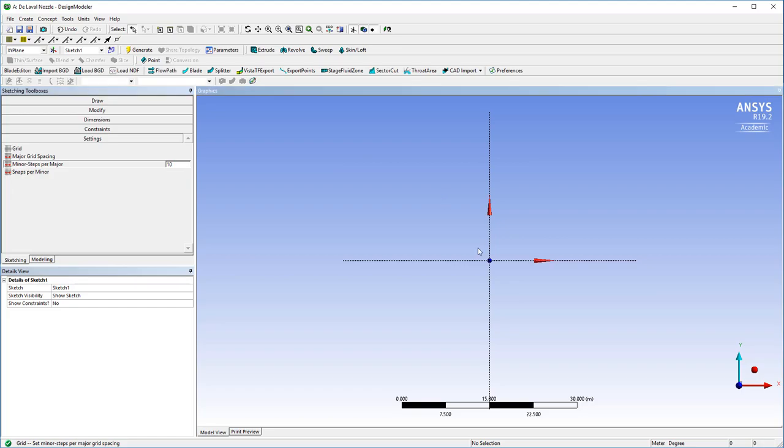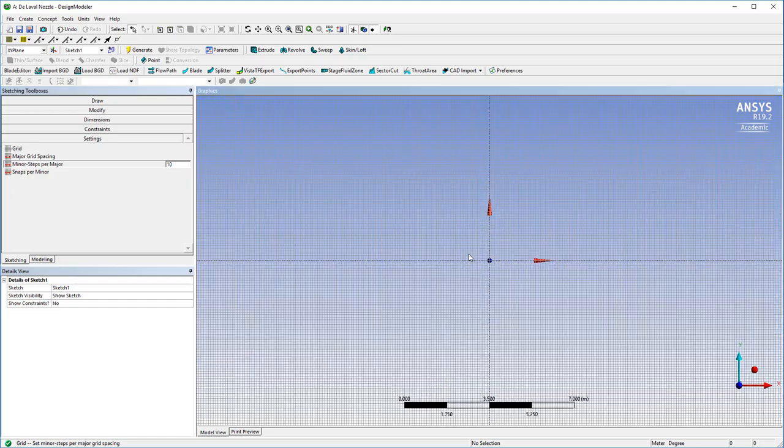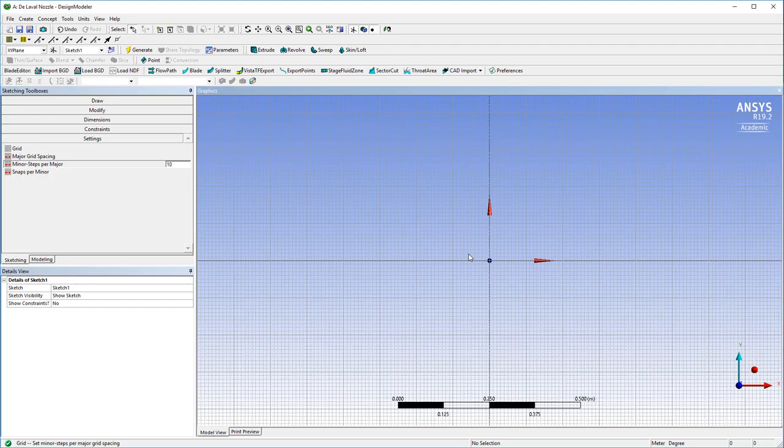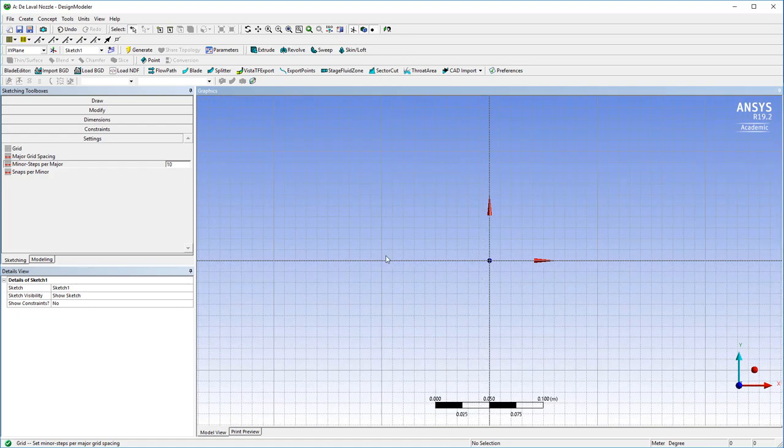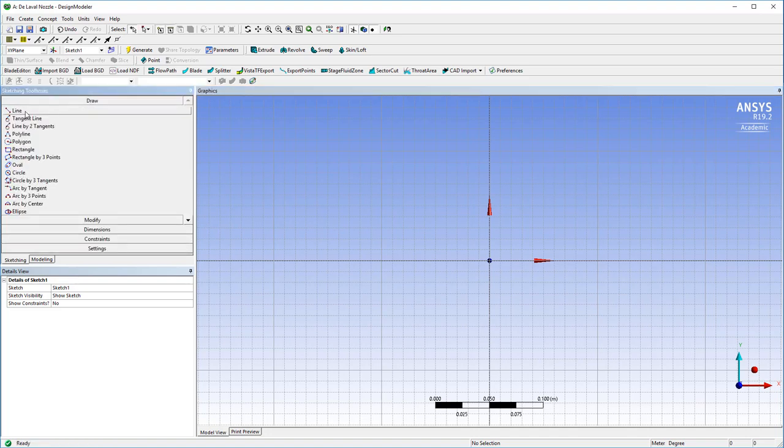So if we scroll in using the mouse scroll wheel here, we go into 0.1 meters here, you see that the solid lines represent the major grid spacing and the dotted lines are the minor grid spacing. So okay, let's go back to draw, and now I will draw this out just with lines, and this nozzle will be located with its axis aligned with the x-axis here,